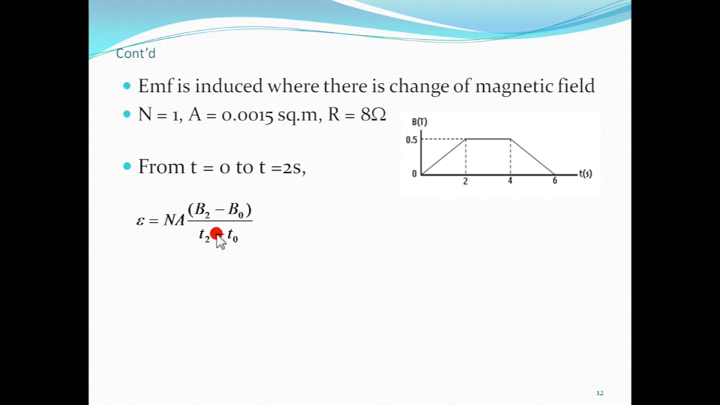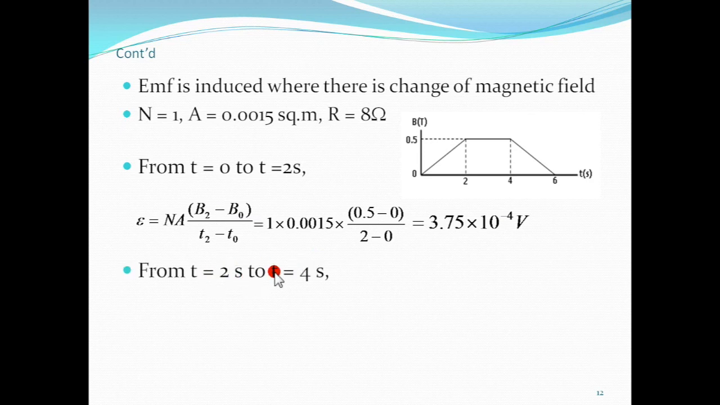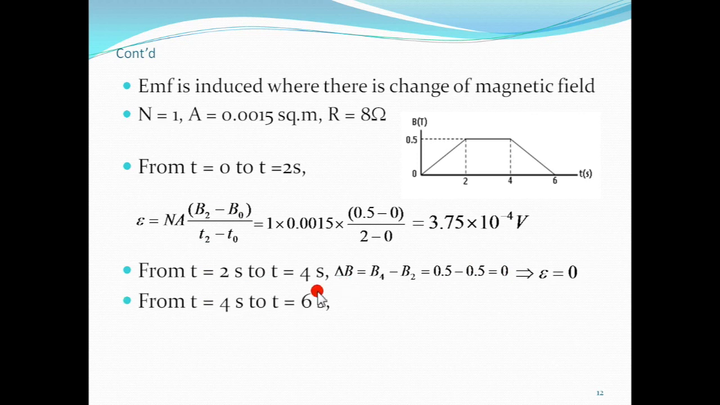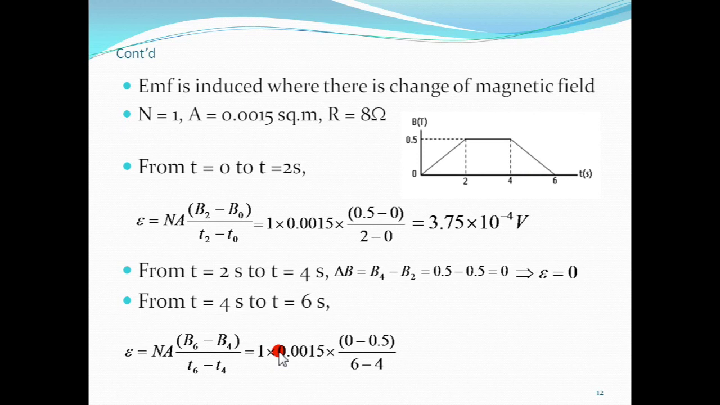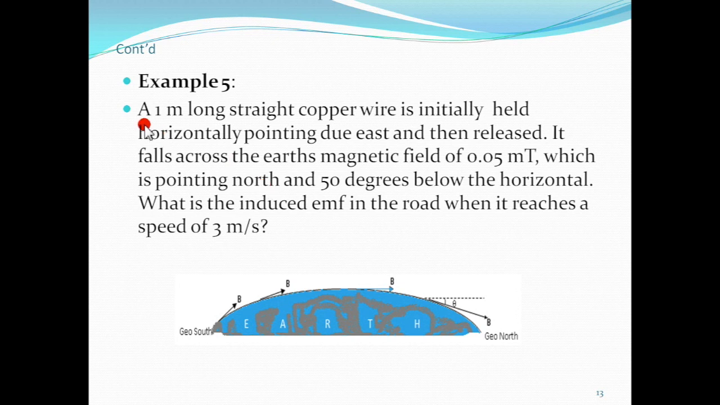So in the first 2 seconds, from 2 seconds to 0, B2, B0, T2, T0, we get 3.75 times 10 to the -4. From 2 to 3, the magnetic field doesn't change, so there is no induced electromotive force. And in the last 2 seconds, from 4 to 6, the magnetic field changed from B6 to B4. B6 is 0, B4 is 0.05, and 0.00 minus 0.05, 6 minus 4 will give us 3.75 times 10 to the -4 volt ነው። ስለዚህ ግራፍ እያነበብንም መስራት እንችላለን ማለት ነው።